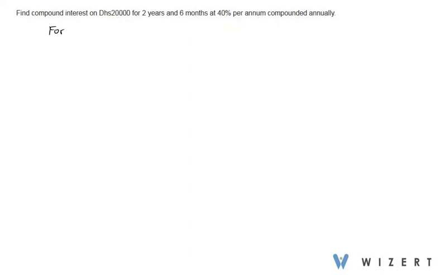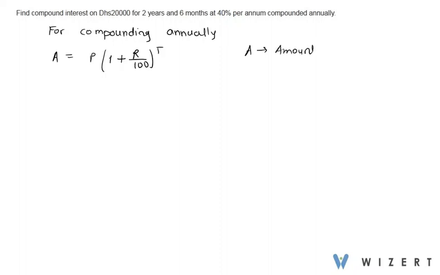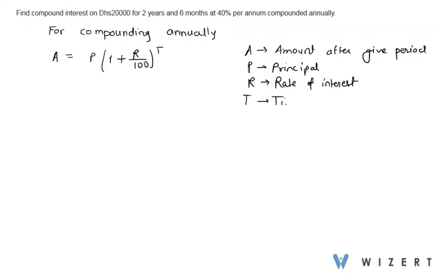So for compounding annually, we use the relationship A is equal to P into 1 plus R by 100 to the power T, where A is amount after given period, P is principal, R is rate of interest, and T is time for which